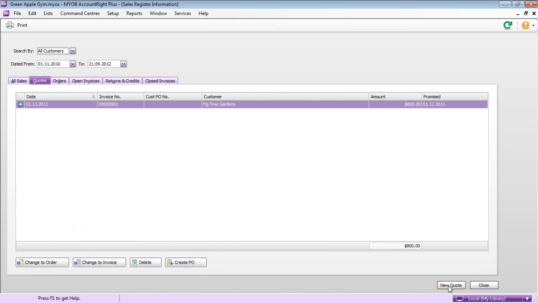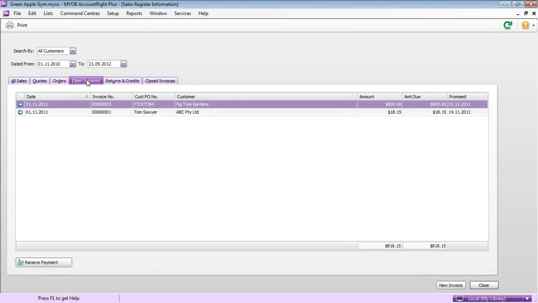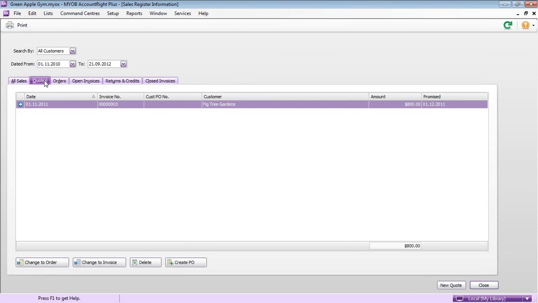Fantastic. So that's now an invoice. I can still see it here because the window hasn't been refreshed. So if I refresh the window, it still pops up there, but it should be sitting there as an open invoice. Okay, so the invoice remains there